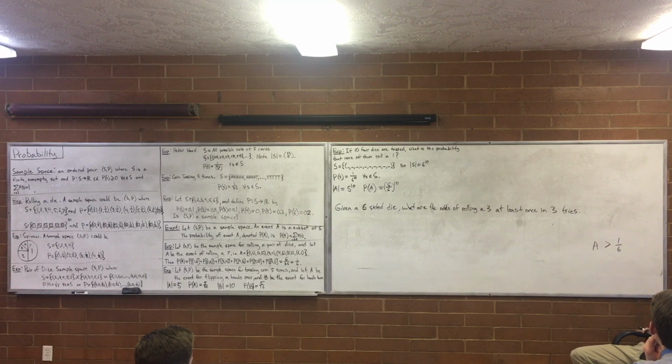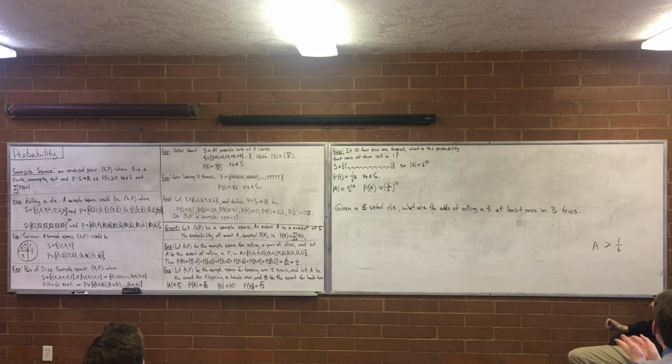So the event is rolling a 3 at least once. There's a reason that I waited until we did the previous 1/6 process. Now we gotta figure out what are the odds of rolling 3. Oh, you're saying the probability function is yes. Okay. And now, what are the odds of rolling 3? So then it's 3 over.